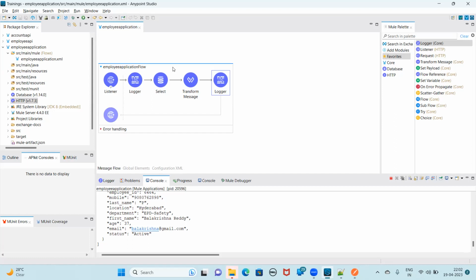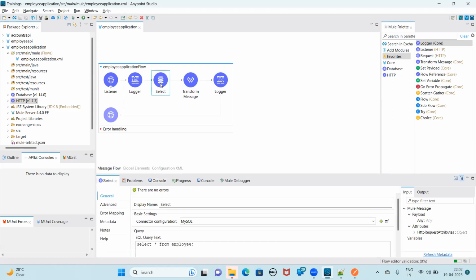How do you do that? The same similar flow, but the difference is that here you have to write a different query. What is the query you have to write? Select star from